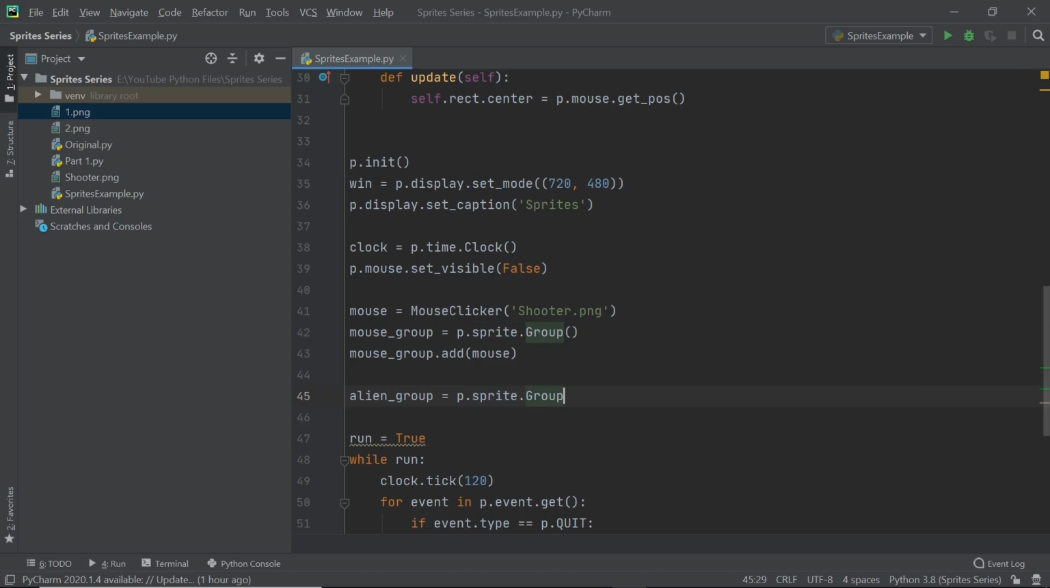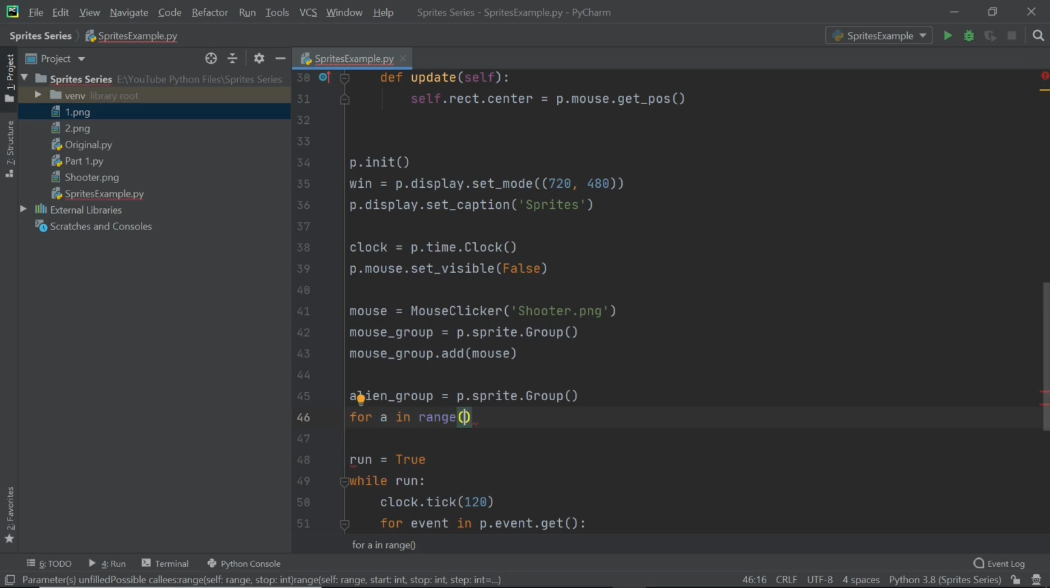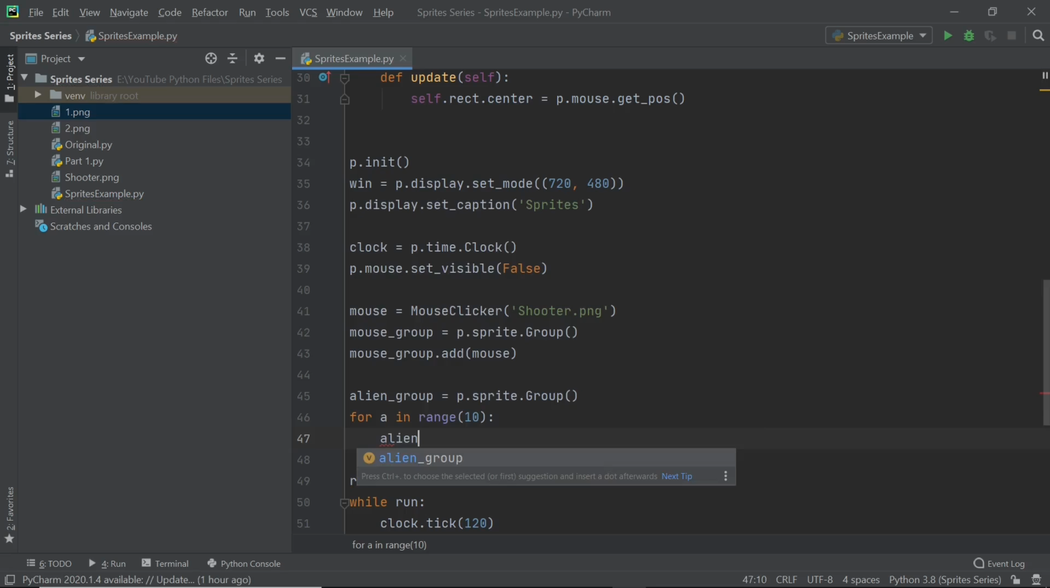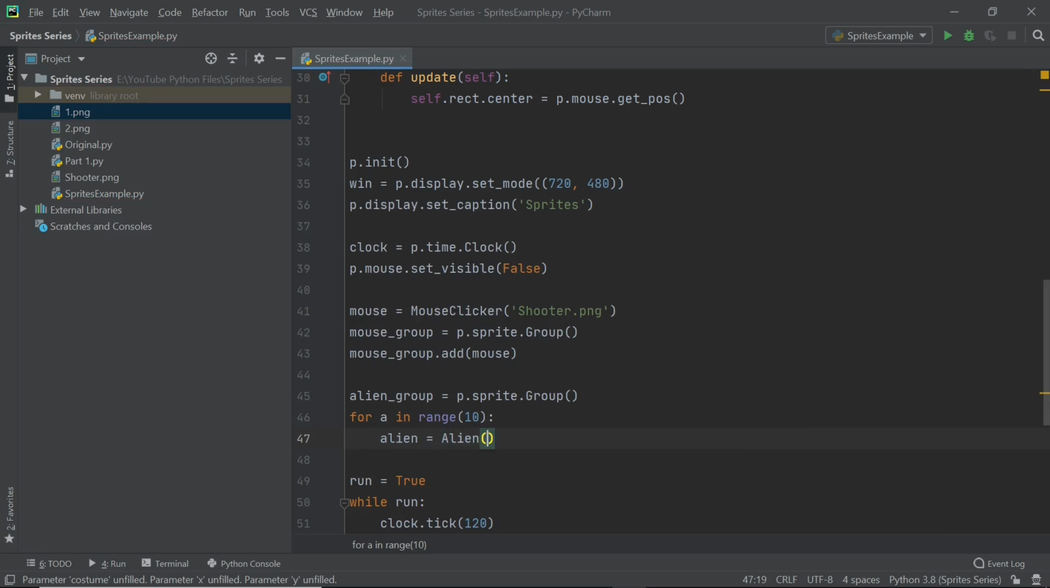And after this, I'm going to enter into a for loop because I want to have 10 aliens on my screen. I'm going to say for a in range 0, 10, and you actually don't even have to type in the 0 because by default the first value is going to be 0. So I'm just going to say for a in range 10, and here I'm going to say alien is an object, so alien is equal to alien followed by an open parentheses,